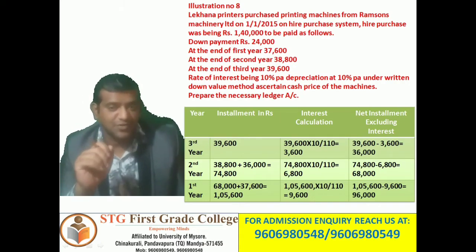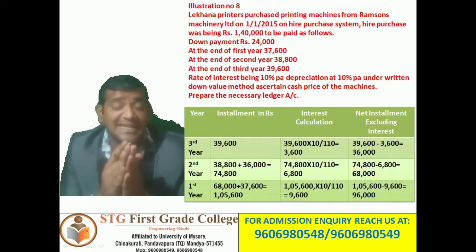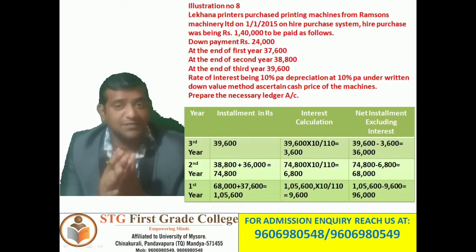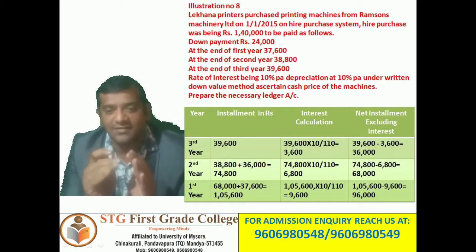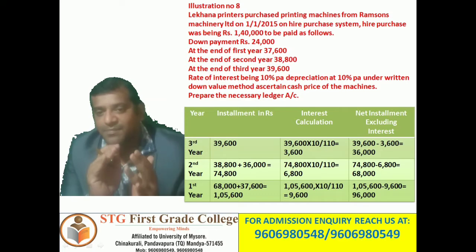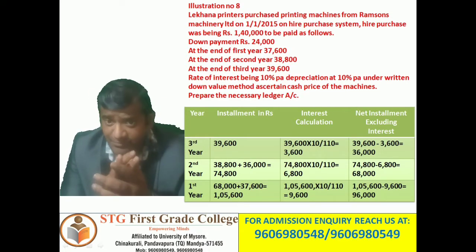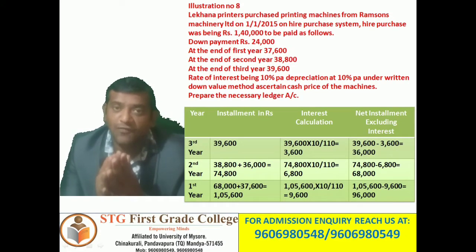So this is the information he has given. Here the interest is also included in the installments. Clear? You should understand that the money he has given includes interest. So 1,40,000 rupees has been paid in different installments. So as usual, you know that if the interest is included in the installment money, then we have to take the help of an annuity table. Without the table we cannot solve the problem.